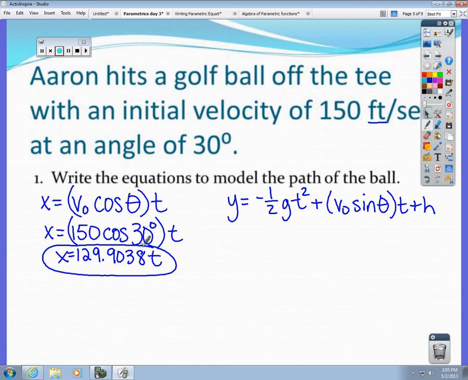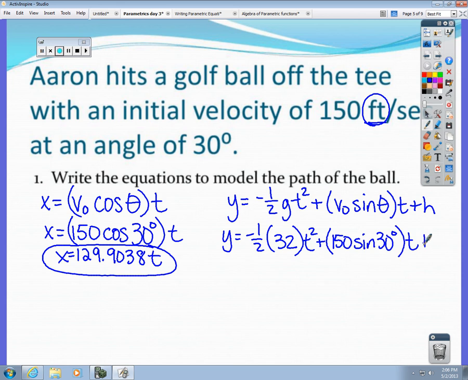For my y, I have negative 1/2. And remember, we said g could only be 32 or 9.8. And in this case, it's going to be 32 because in the problem, I'm working with feet. So if you're using feet, you have to use 32. Okay, then we're going to put in for our v sub 0, again, 150 for our velocity. The angle is 30 degrees